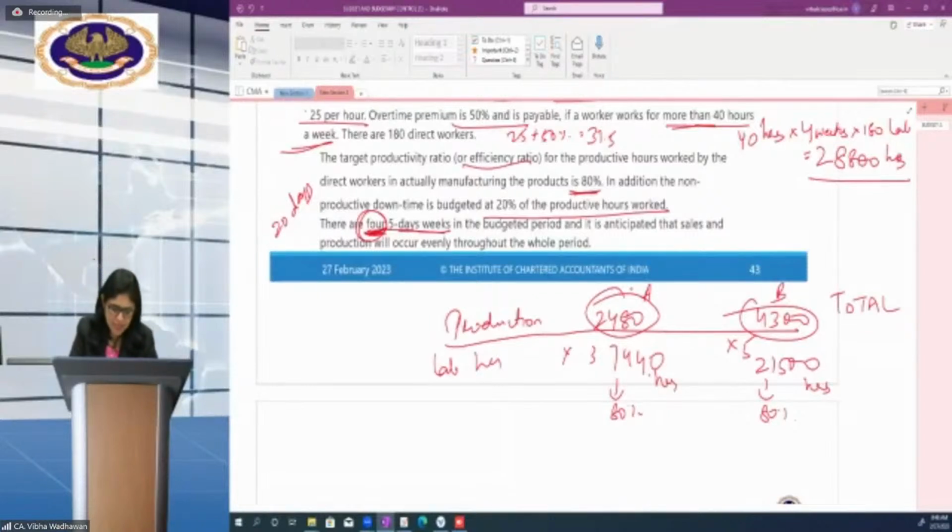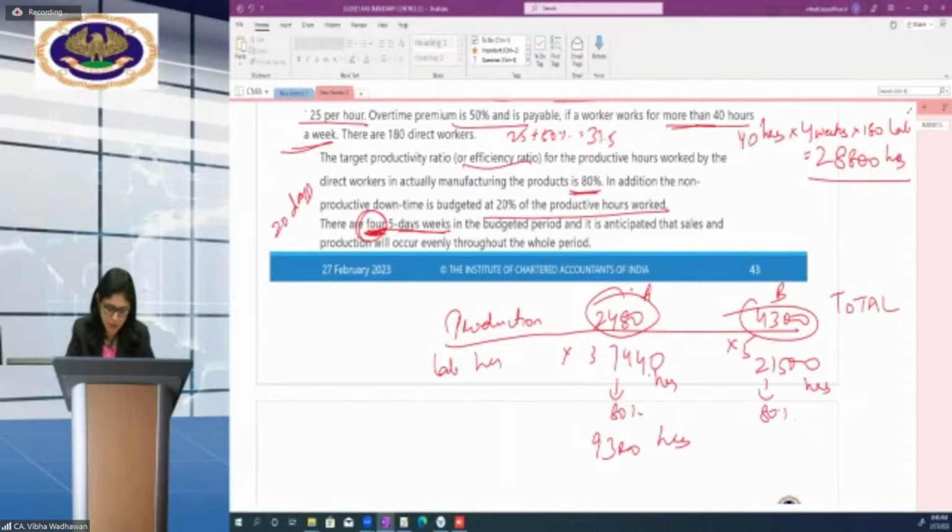That means 7440 is 80% of the hours as per 80% efficiency, so 7440 into 100 divided by 80. The total time taken by laborers was 9,300 hours for product A. They have taken 9,300 hours to produce 2480 units because they were only 80% efficient. Is it clear? Similarly, for product B,